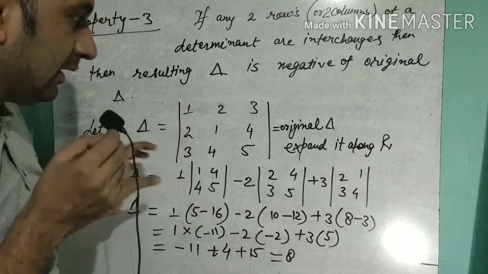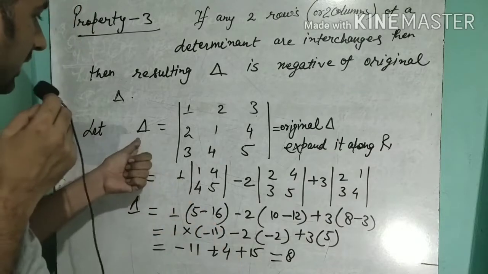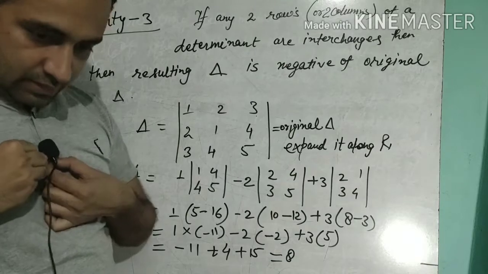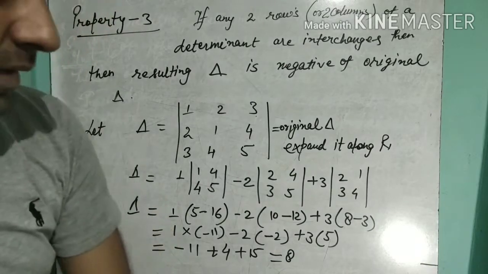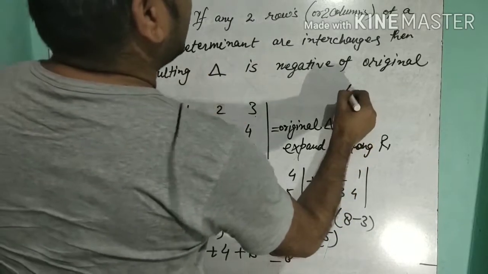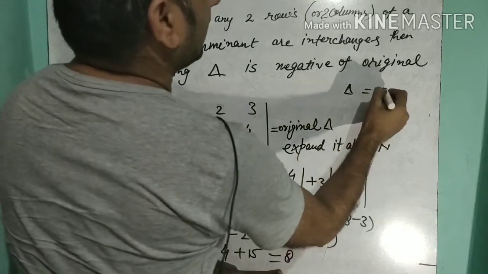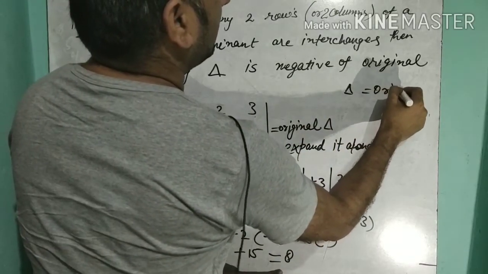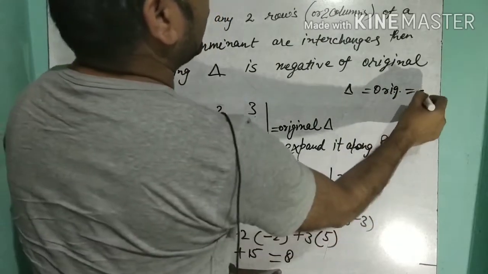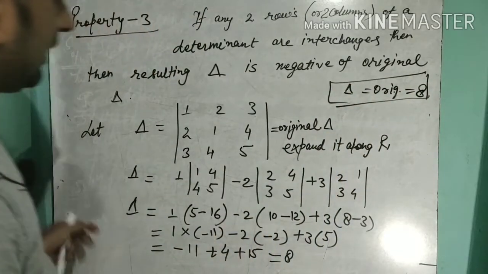So students, here the value of the original determinant is 8, because delta is known as the original determinant. Okay, now students, see here what we get. We get the value of the original determinant, delta, which is 8. I am writing here original determinant. It is just a symbol of the original determinant, and it is 8. Okay, so now students, what will be the effect?